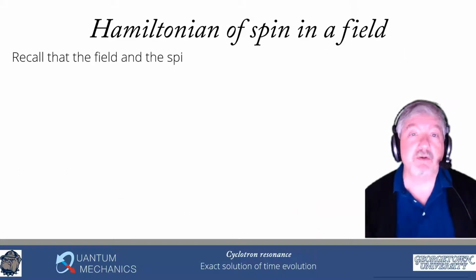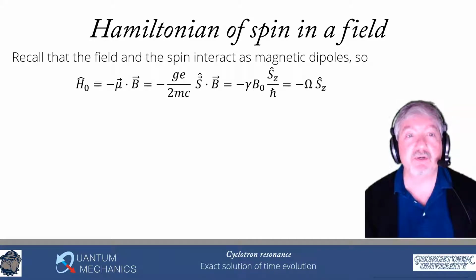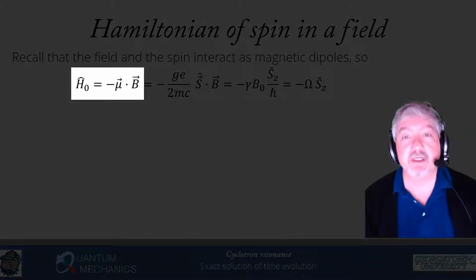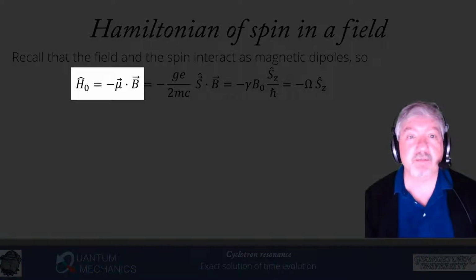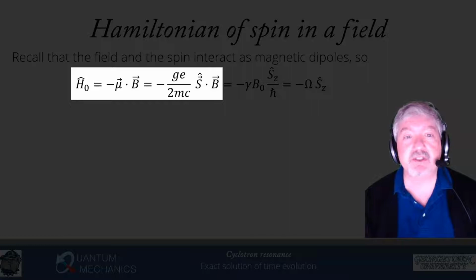All right, so let's now get mathematical. Let's talk about the Hamiltonian of a spin in a field. So recall that in a field, the spin acts like a magnetic dipole. So the Hamiltonian is just minus mu dot B. Mu is given by minus gE over 2mc times the spin operator dotted into the magnetic field. We make that collection of constants that multiplies the spin,